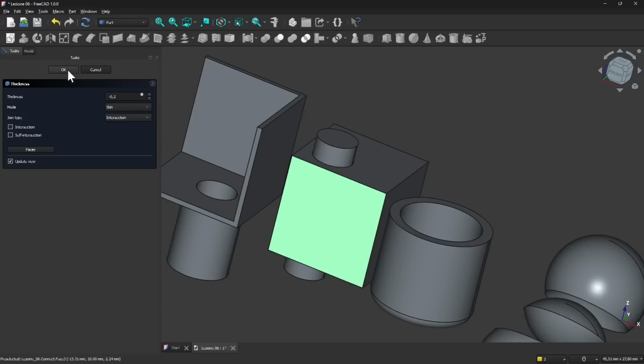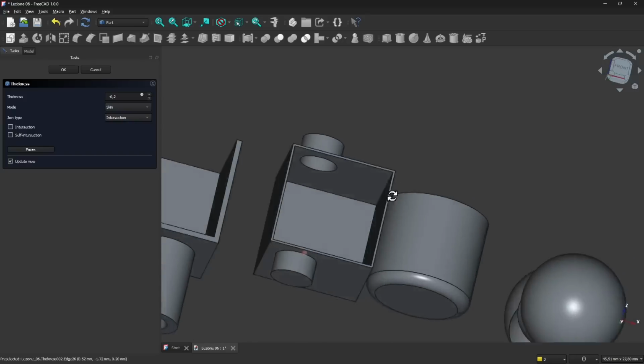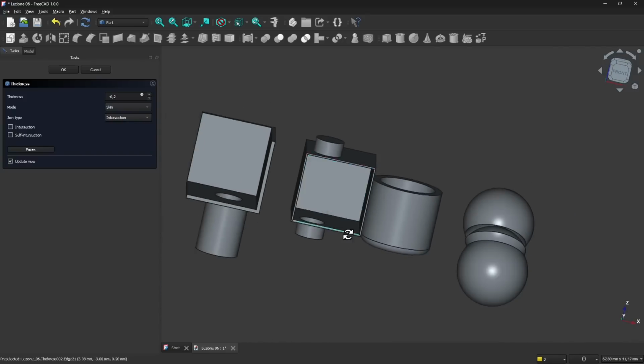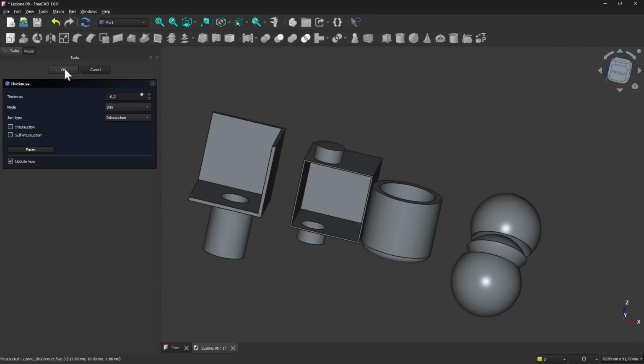Okay, so we need to select something. Otherwise we cannot create the thickness. So we just need to select at least one face. Okay, it doesn't create the thickness otherwise. Okay, and then you have other parameters here, like